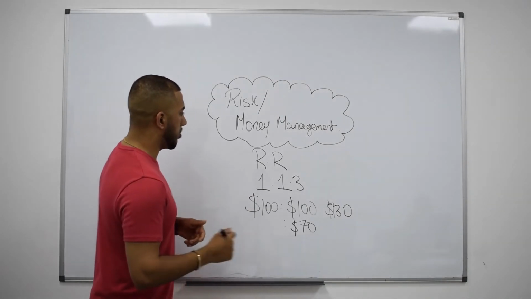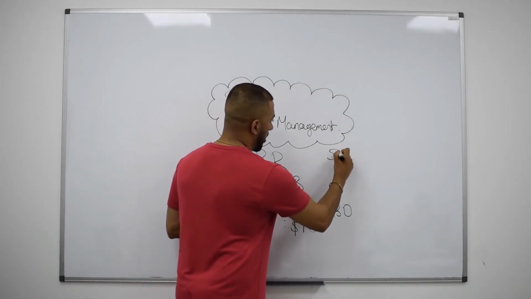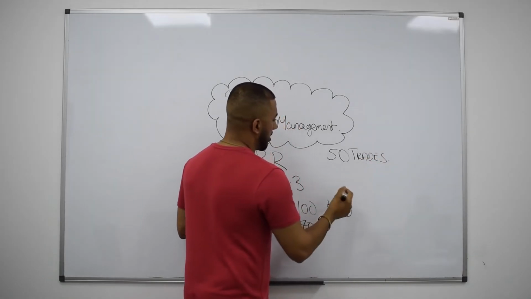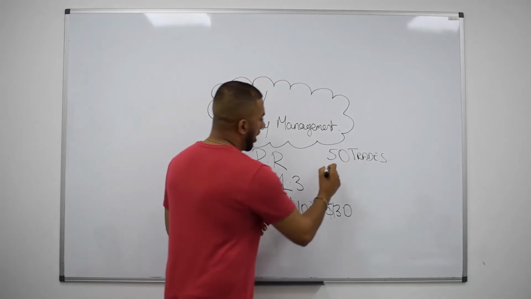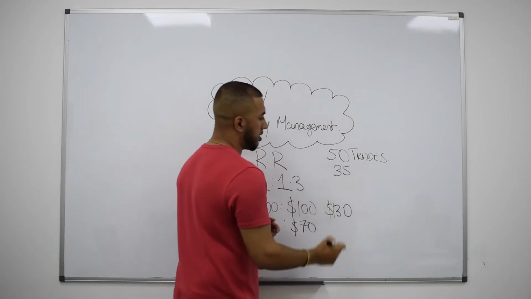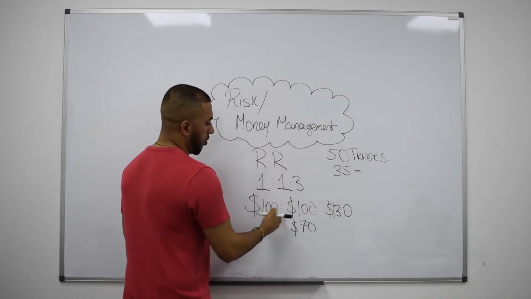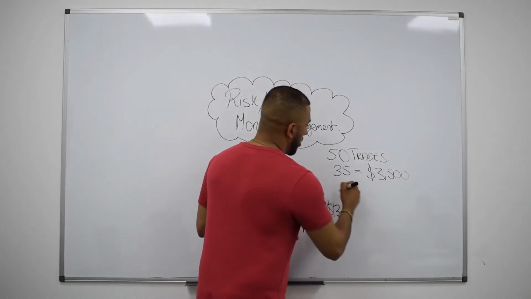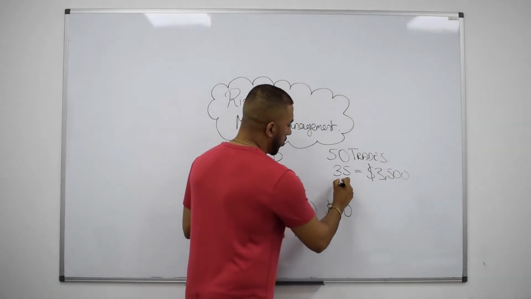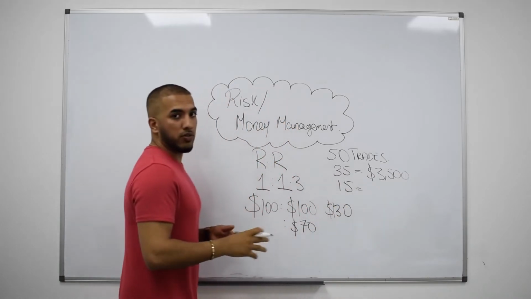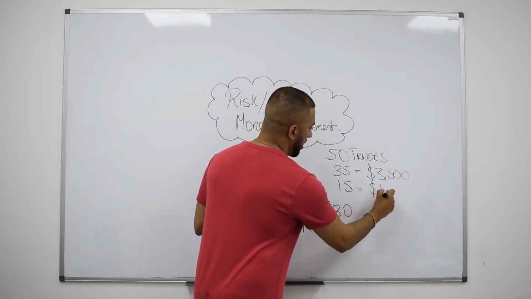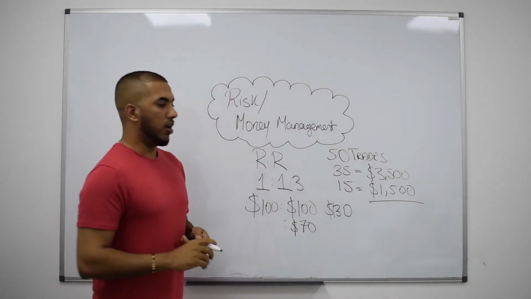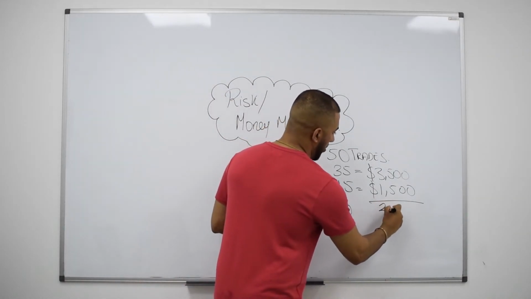Now if you're following this, and say you place 50 trades in a month, and you have a win percentage of 70%. Now that would be 35 trades that you get correct, which will equate to, say if you're still following this, $100, that would equate to $3,500. So if you've got 35 out of 50 trades right, you will have 15 trades that you have got wrong. Now that will equate to $1,500. Now, if you take away the profit away from the loss, as you can see here, you would have still made